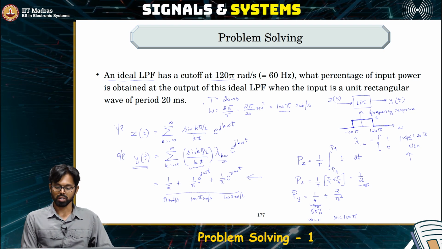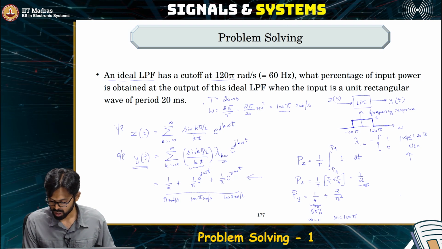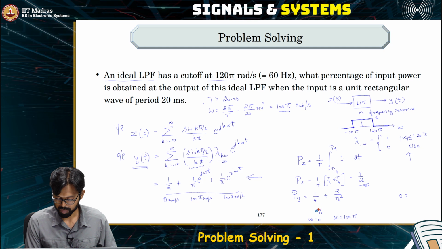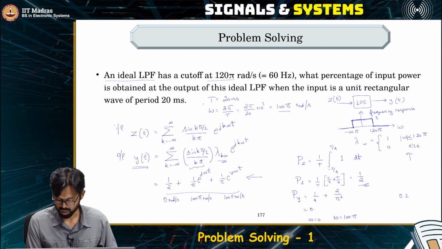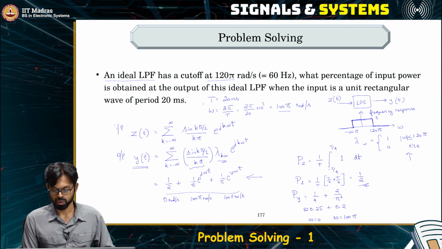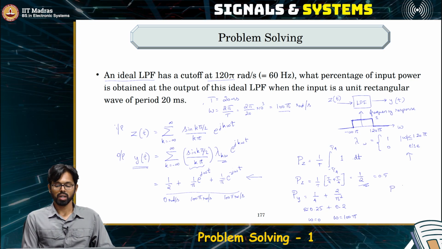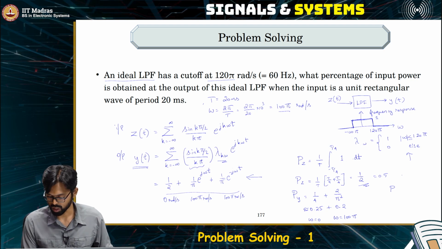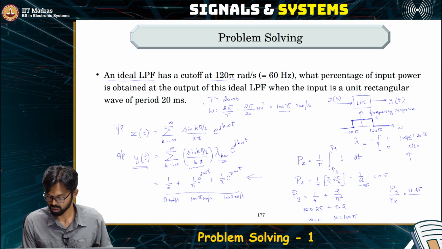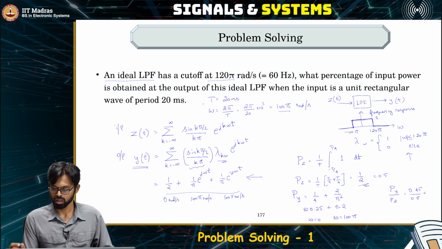This is 2 divided by pi square, which you can say is roughly about 0.2. So, this is roughly 0.25 plus roughly 0.2. So, the amount of input power that is actually present in the output is now given by, which is roughly about